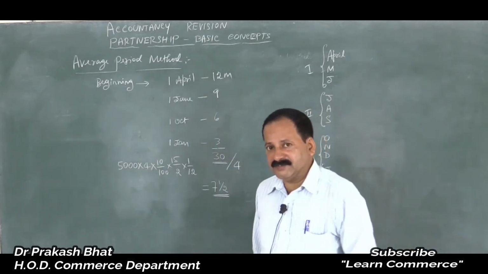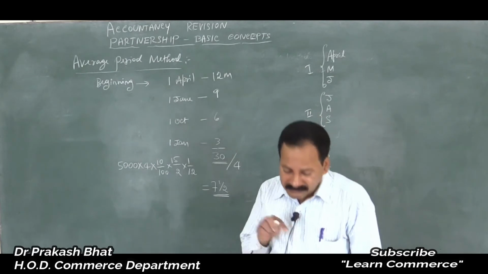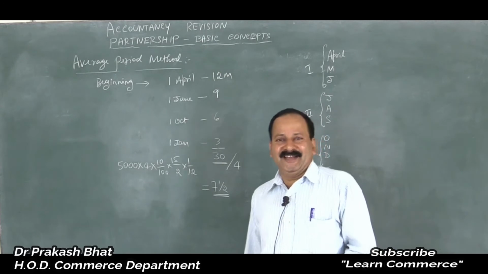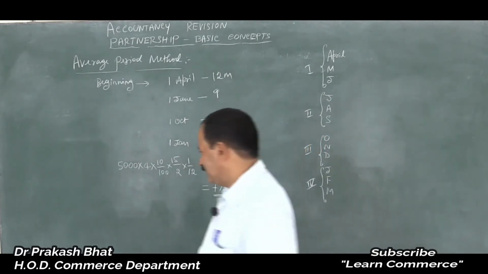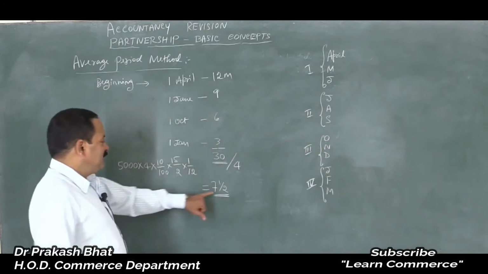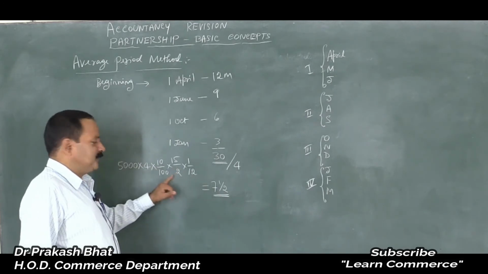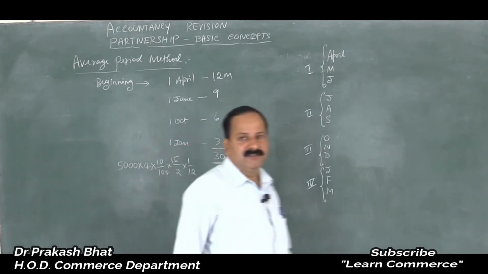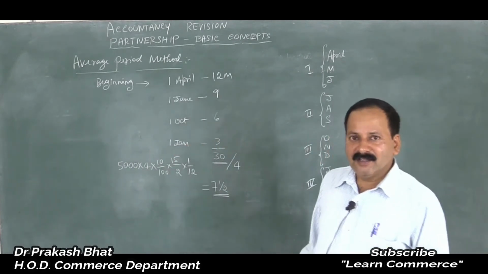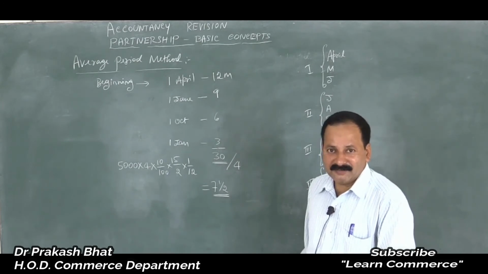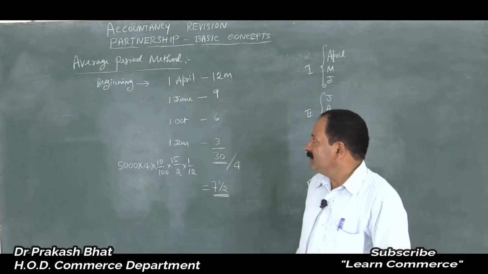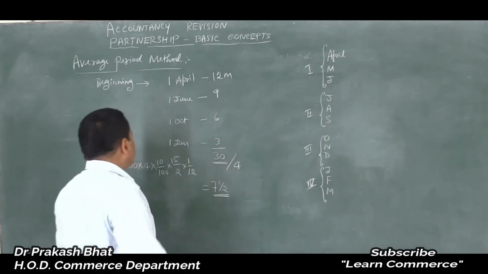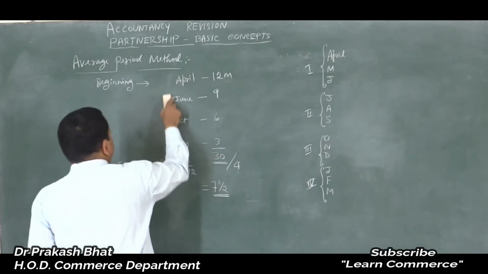Calculator is there, you can easily calculate, isn't it? No worries about that, you are very expert in using the calculators, right? So, calculate for 7.5 months. So, this should be the formula. Whatever amount you will get, that is the interest on drawings, friends. Don't you think it is very easy? Don't make it complicated. Very simple. Then, next one is at the end of each quarter. At the end of each quarter, I will write here.